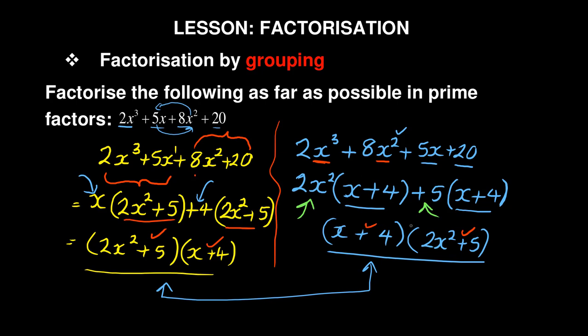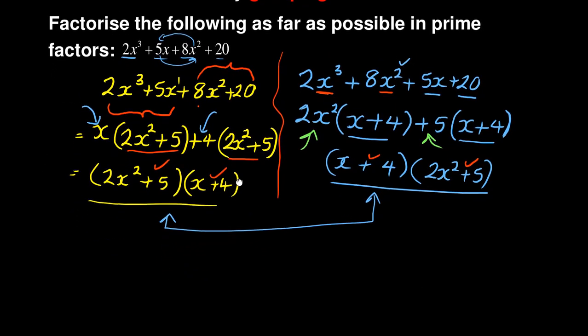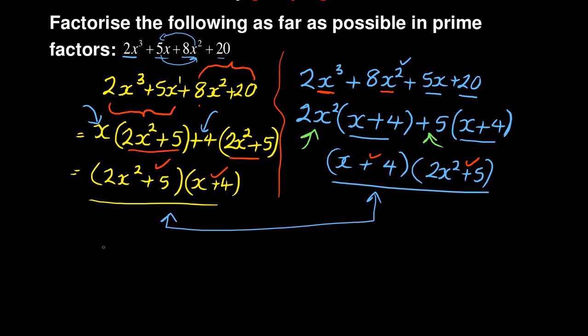So when they are matching like this, it means your factorization is correct, or it also means it doesn't matter how you group them. Someone can do it the first method, someone can do it the second method, it will always work. But now another one can say, how about if I come out with this kind of grouping? Let me just quickly show you another grouping which will not give you the answer though. You can take that 2x cubed and say, let's say you want to group it with 20 now. You say 2x cubed plus 20, and then you take that one plus 5x